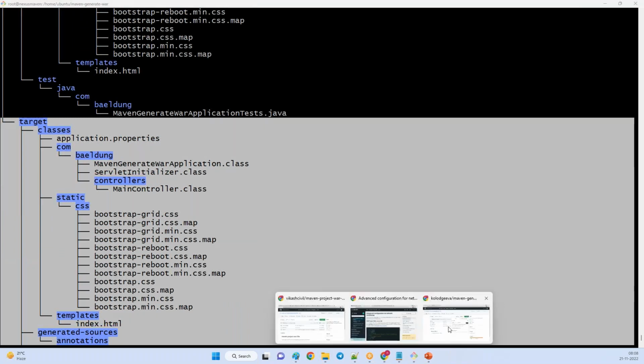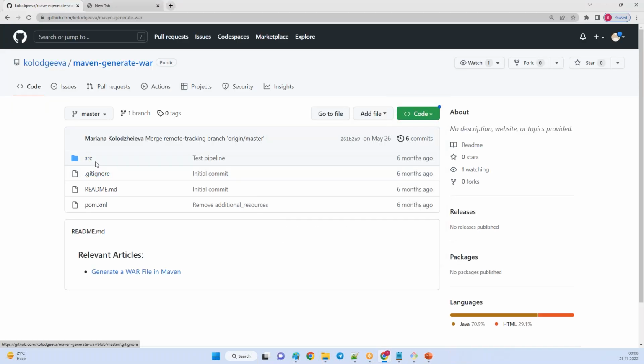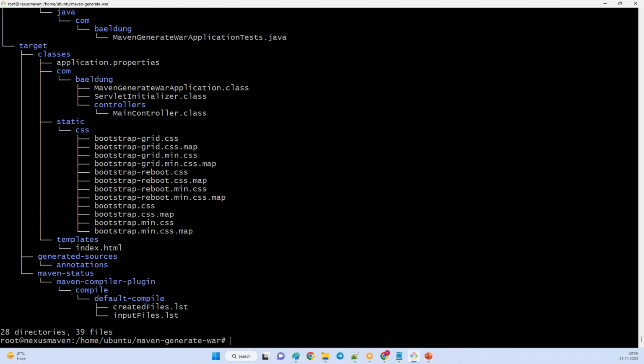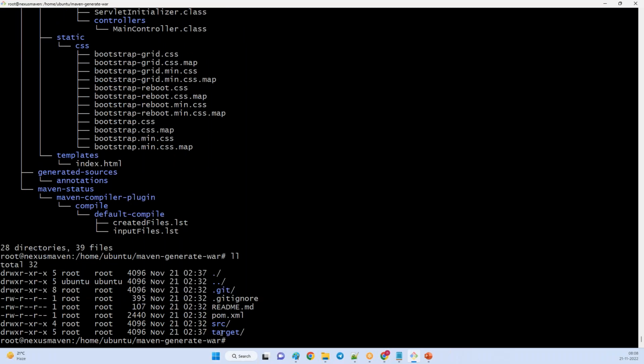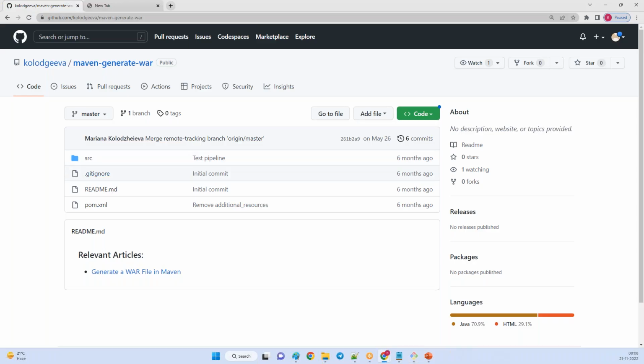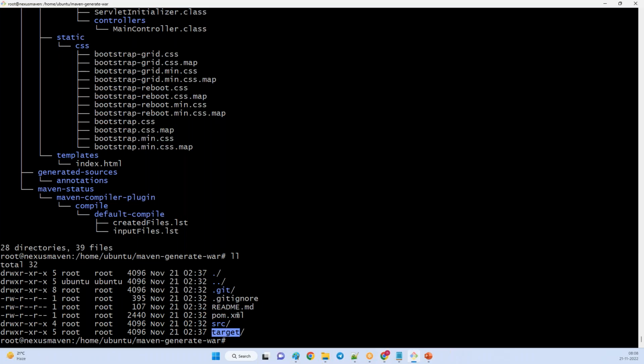If you look at this repository with ll, the target folder is not there; you can see only .gitignore, README, and pom.xml. The target folder is generated after running mvn compile.